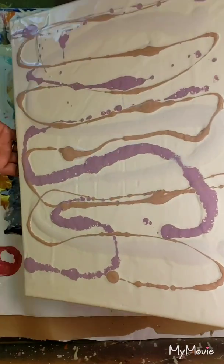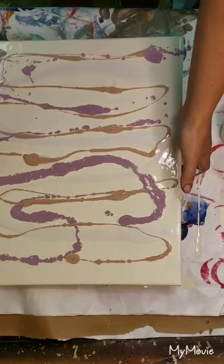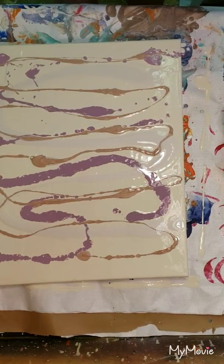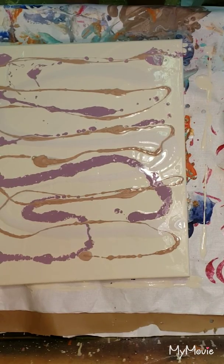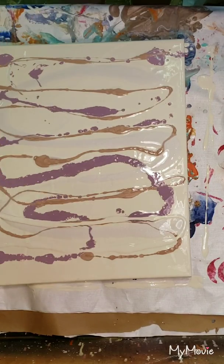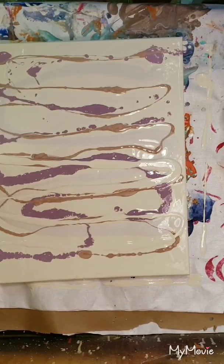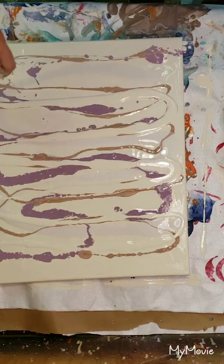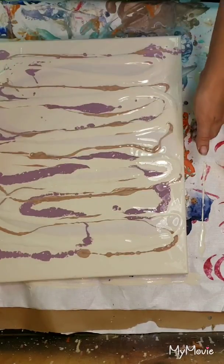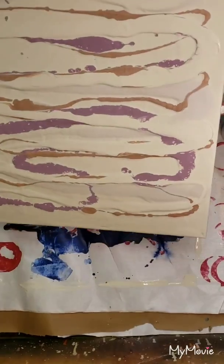I don't think it'll spread. Oh, actually, do this a little more. I've also found out, because I do a lot of test pours, that if you don't have enough paint on your canvas, it will actually pour essentially what you have on here. You'll see the lines, it won't pour smoothly. So you want to have enough paint on your canvas